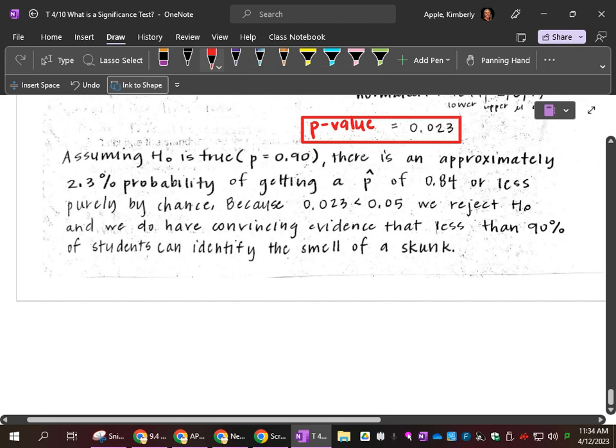And notice I haven't put anything about alpha anywhere in that conclusion, and you'll see today why that is. We're going to define alpha at the very beginning, so we don't have to do it there. It's okay just to put those two numbers after you define what they are. Notice earlier in my work, I clearly defined what this number is, so it's okay that it's just floating here because I told you what it was. You'll see today that I will also tell you what alpha is up higher in the problem, so we don't have to